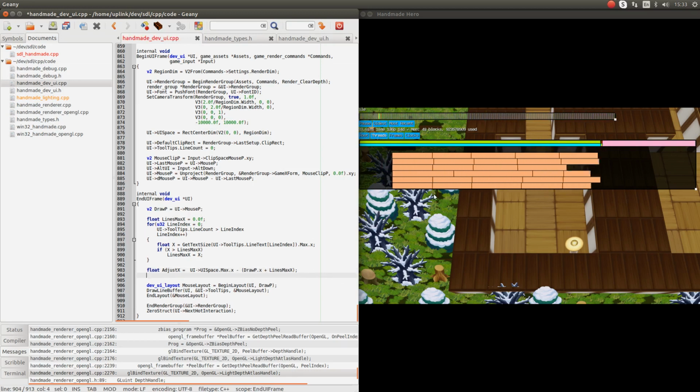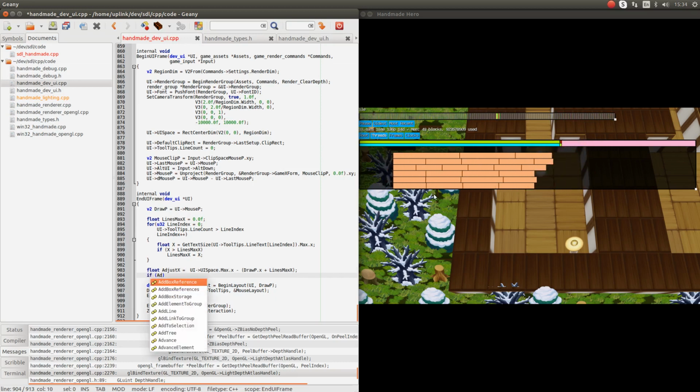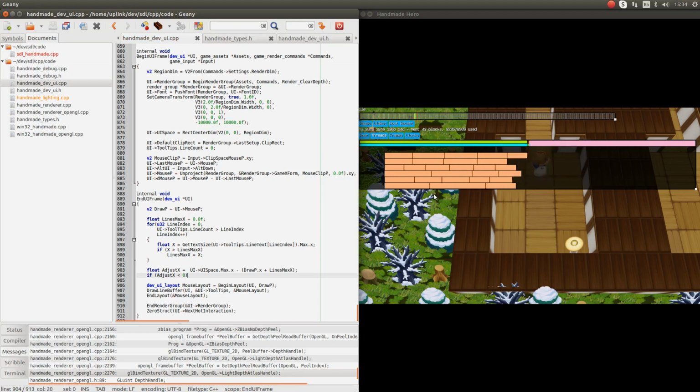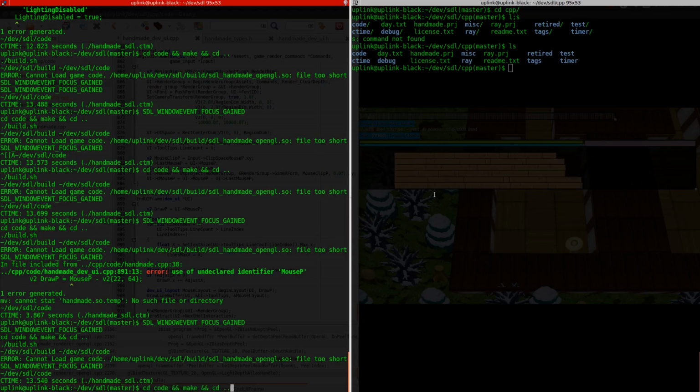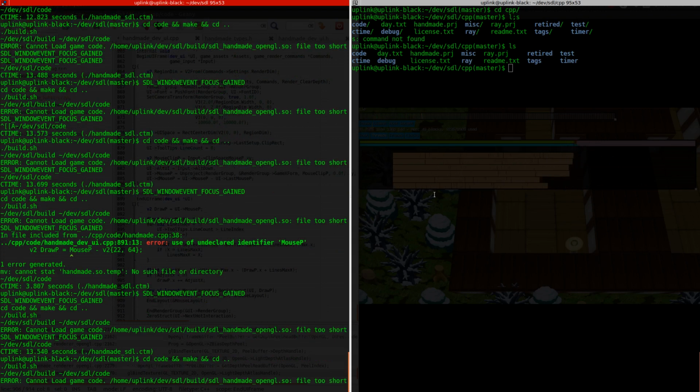So if adjust x is negative, so it's less than 0, then we want to add this adjustment value to our draw p. So draw p x plus equals adjust x. If that worked, this should now compile,